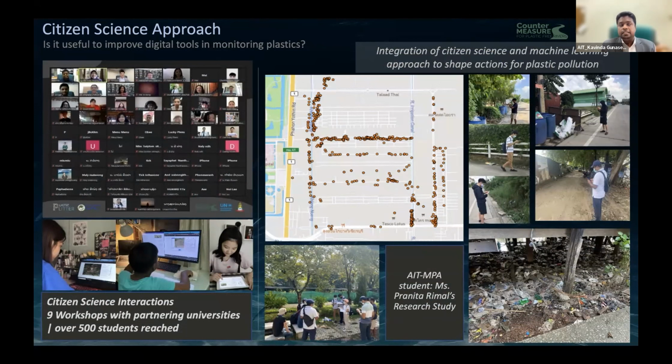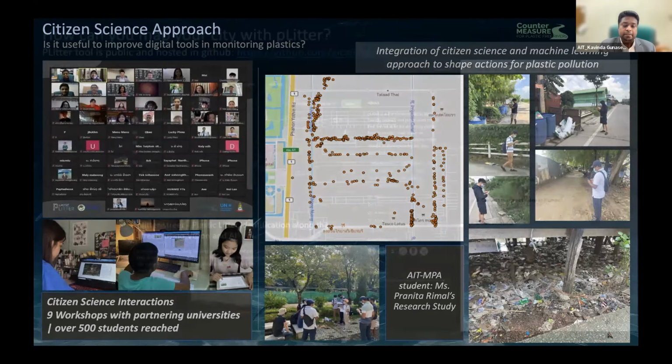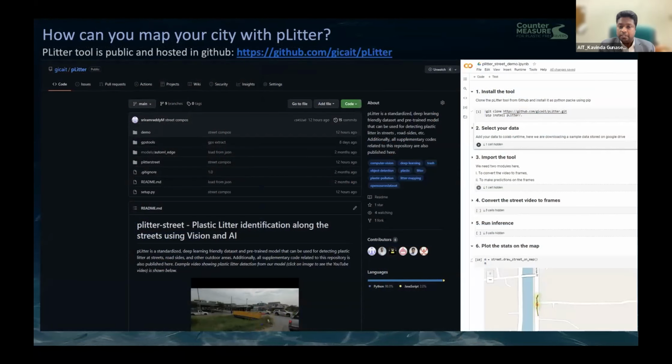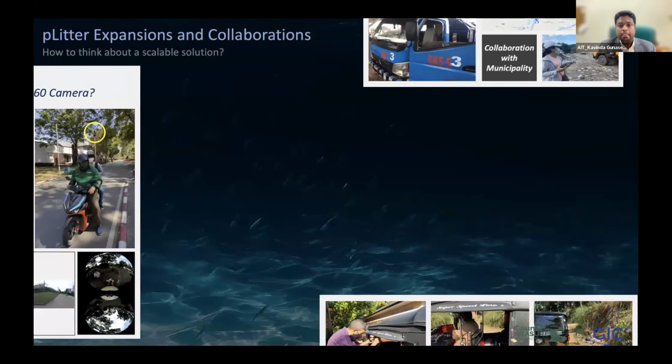And we had these studies in the middle of last year, and Pranita gave quite a good recommendation to improve our digital tools. So this is the way to adopt it in your cities. If you go to this link, you can see the GitHub repository where you can experiment. And if you are a little familiar with Python, you can see the Python notebook, you can execute your data set and see the results as well.